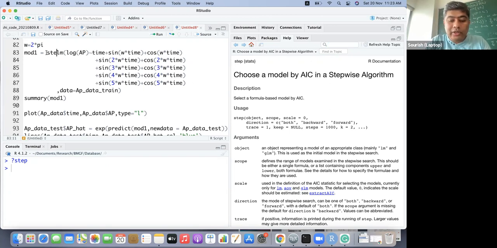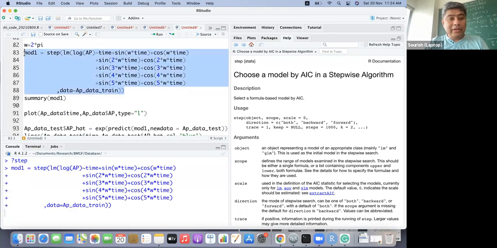So you can do the stepwise selection. One of the problems with stepwise selection is its time complexity is very high. It's in the order of cubic, or quadratic, I think quadratic.